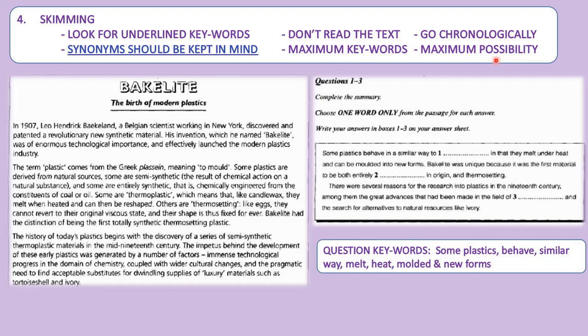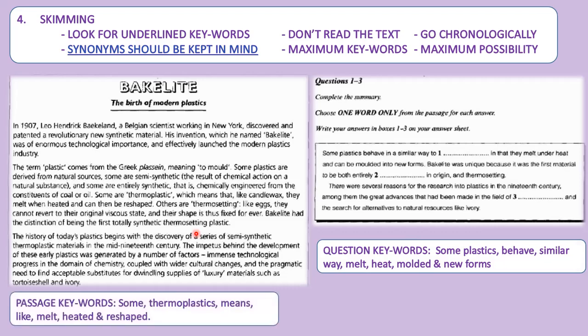I repeat, in the simplest process, what you have to do is, by reading these keywords, find those one or two lines in the passage where these keywords or their meanings are available. And that's all, your skimming is done. Once you are done with your skimming, then you move towards